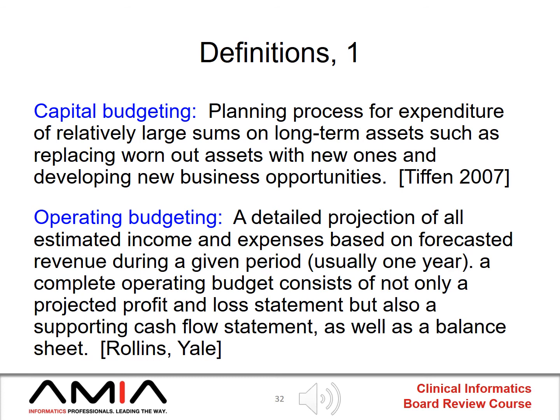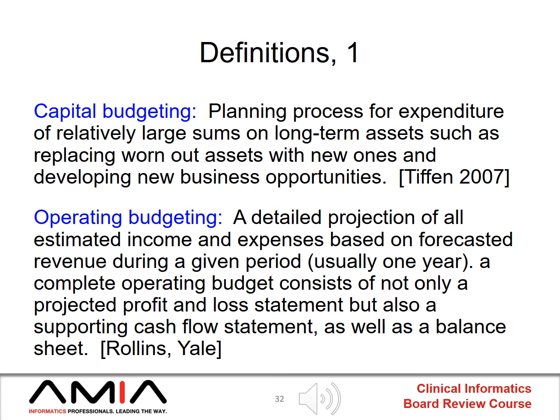Capital budgeting is a planning process for expenditure of relatively large sums on long-term assets. And in our field, capital budgeting usually applies to large projects such as implementing an ambulatory electronic health record or putting in a new radiology system. So these big projects happen periodically, but they aren't something that happens every day. So to plan for the successful completion of a large project, we develop a capital budget, which of course includes